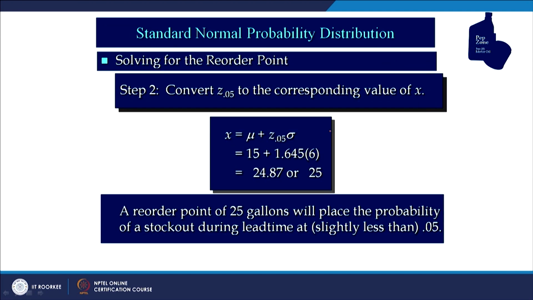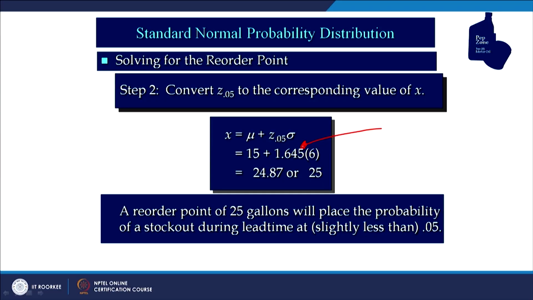So, this is how you can calculate the value of z just by looking at the area. You can use the normal distribution table for calculating the area for a given value of z, and if you know the area, then you can get the z value as well. So, this is how we got the z value. Now we want to convert this z value into an x value. So, x is equal to mu plus z sigma, right.